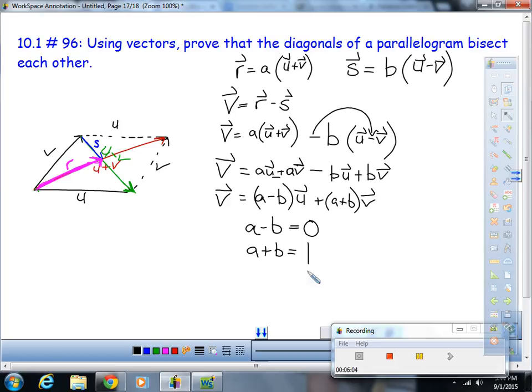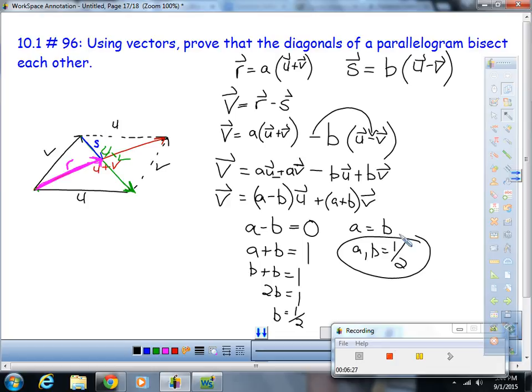Okay, so that's a system of equations. You get A equals B, so then B plus B equals 1, 2B equals 1, B equals 1/2. Therefore, A and B equal 1/2. If you remember where we started, that means that R is 1/2 of u plus v, which is our diagonal, and S is 1/2 of u minus v, which is our other diagonal, and we have successfully proved it